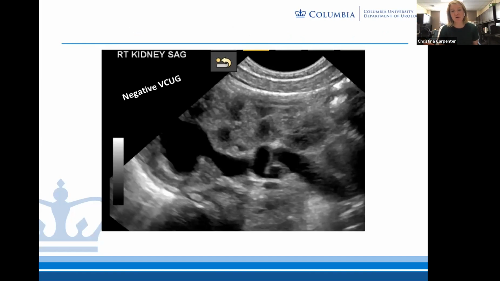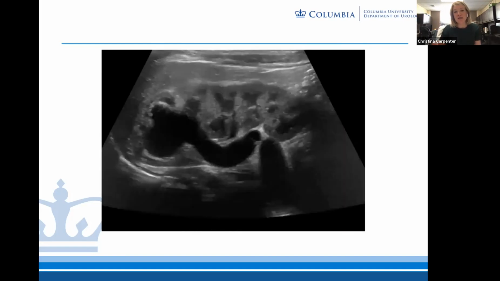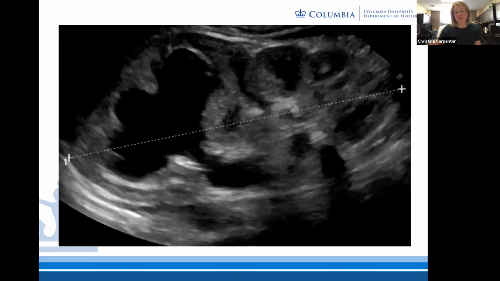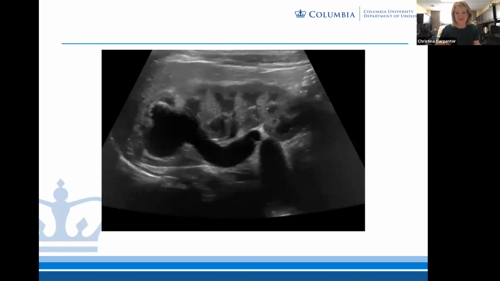So obviously there's certainly worsening hydronephrosis and hydroureter here, but there's still good parenchyma. Go ahead to the next. So again, the hydronephrosis and hydroureteronephrosis worsened again here. The parenchyma, go back. But the parenchyma was still very